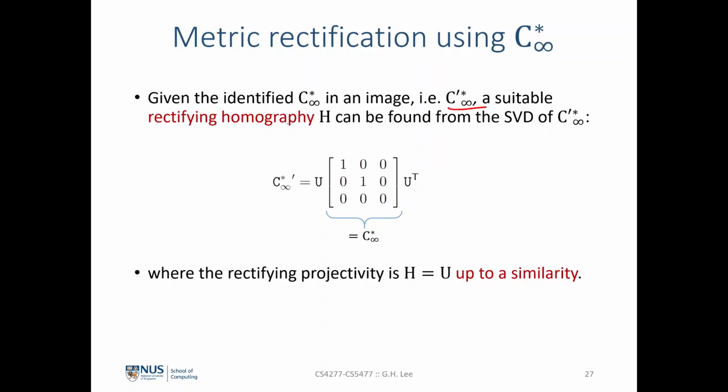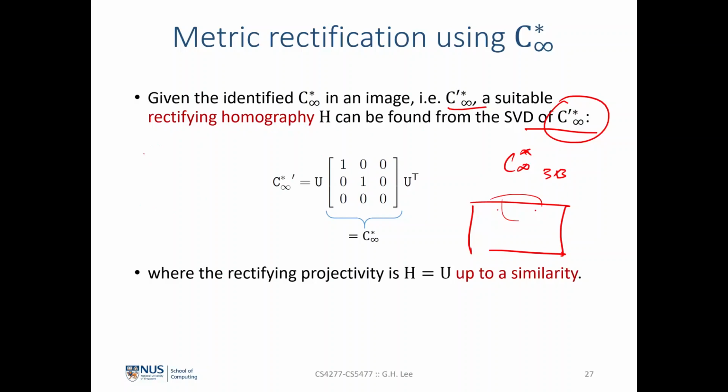A suitable rectified homography can be found from SVD of this guy over here. What this means is that suppose I have my C infinity star, the dual of our circular point. If I'm able to identify this conic on my image over here, then I would be able to decompose this into this term using SVD. Since this is a 3 by 3 symmetrical matrix, after I have done SVD here,